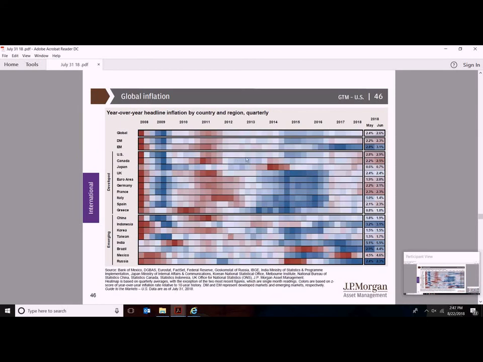Okay, and inflation. This is interesting because obviously we've had little to no inflation going to 2012, 13, 14, 15. This was a little bit of a scary period because there were some signs of deflation, and deflation is probably, depending on which economist you talk to, a scarier scenario than high inflationary periods. But we really have had no inflation to speak of, and it just recently has shown signs of picking